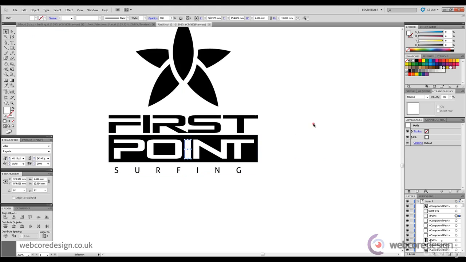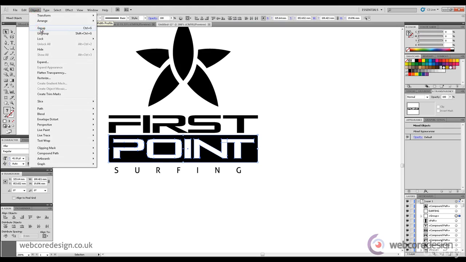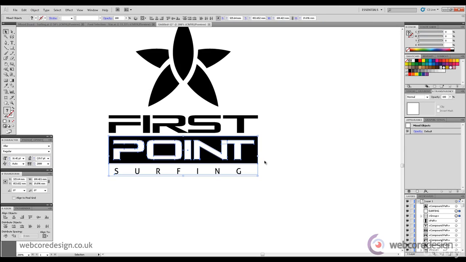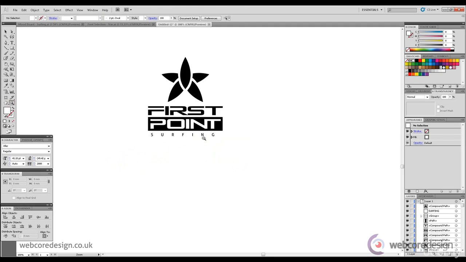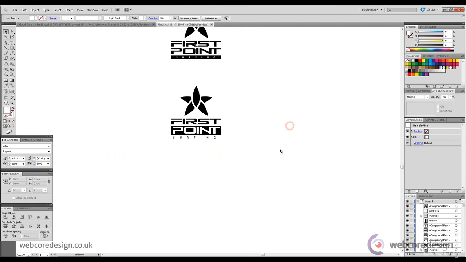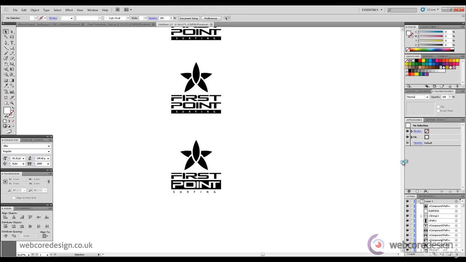Object and group, because I just want to fix this I, which is a little bit unkerned, and the P needs to move across very slightly. Highlight all, go to group, and move that up slightly, and we'll group all, including the box, and we'll move surfing and the box down very slightly. So I think this one looks better than the one at the top,